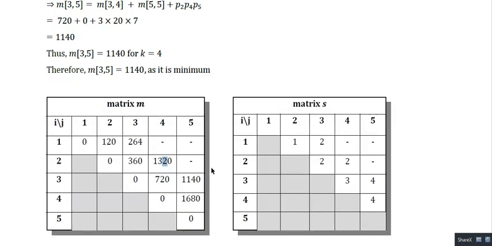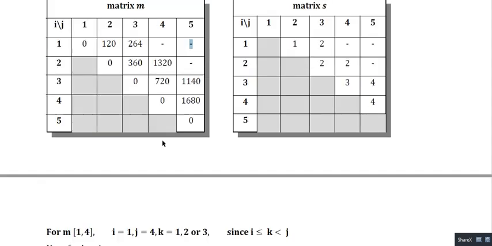So now target is to fill up this. So for this particular field we will have 3 possible values of K, right? This again we will have 3 possible values of K. So just try to pick that value of K for which the value of Mij is minimum, right? And similarly for this last entry we will have 4 possible values of K. Okay, so you have to do the calculation of M15 for K equal to 1, 2, 3 up to 4, right? So you just put the value which is minimum, right?